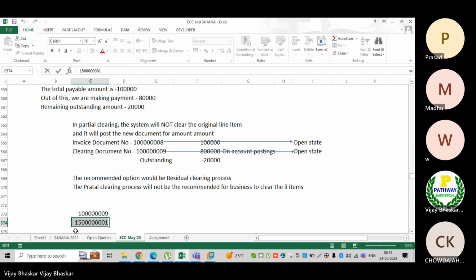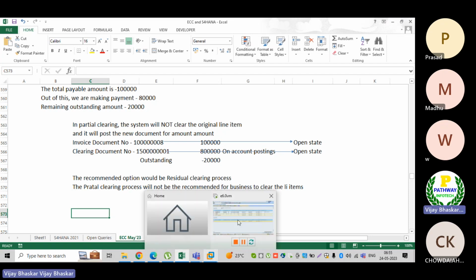Now it is clear. Now you can see here, both the documents are in open state, even though the outstanding amount is 20,000 rupees.